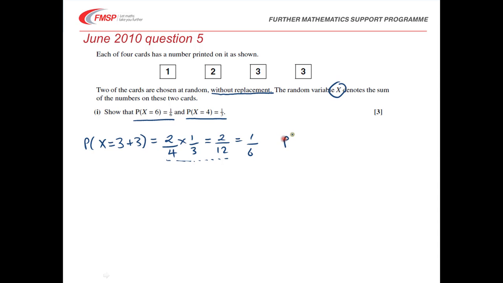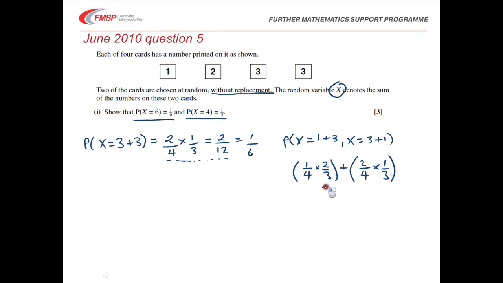So working out getting a score of 4, you need to realize that there are 2 ways only of doing this. Either getting a 1 and a 3, or getting a 3 and a 1. So we can work these out really quite well. We work these out separately. So it's the probability of getting a 1, which is 1 out of 4, and then a 3, which is 2 out of 3, or getting a 3,